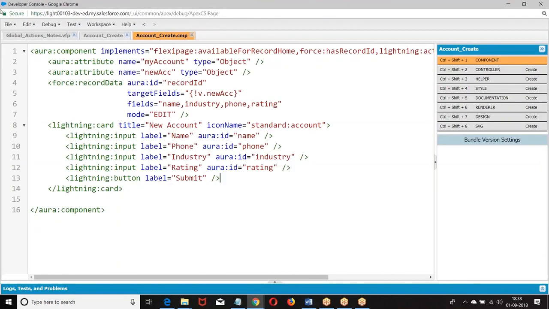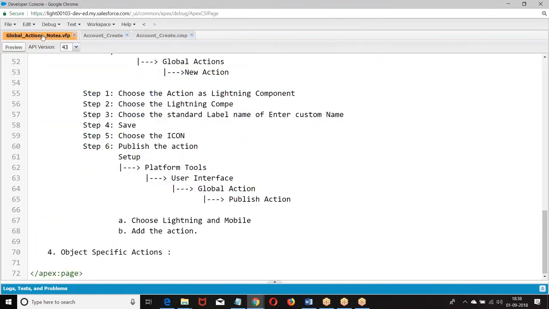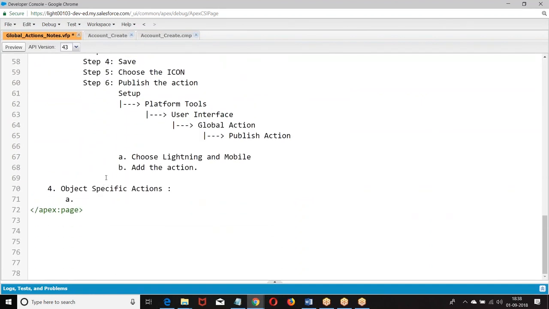Now still there are some threads here. Once I complete the threads, I will be going with the complete example. So what are these object specific actions?